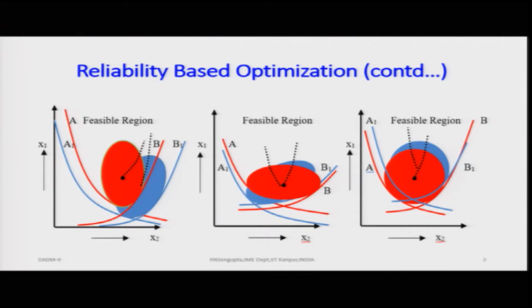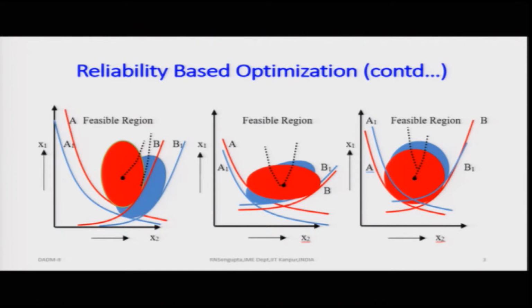the constraints being A 1 and B 1, depending on the level of reliability. Then the overall boundary space for variance being equal would be, depending on the reliability value, the circle which is blue in color, and obviously the center of gravity, which is not possible to mark out here with the other background, is red. So, that center of gravity would give me the reliable solution based on the level of reliability.